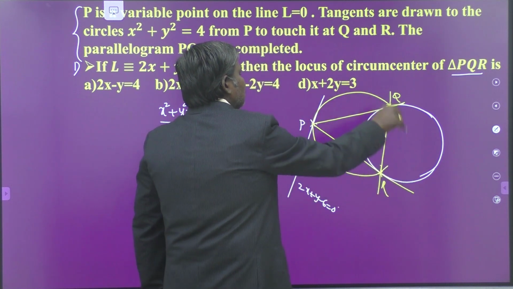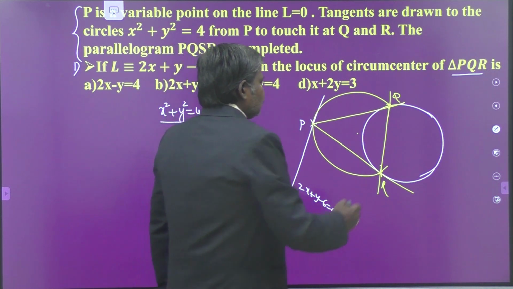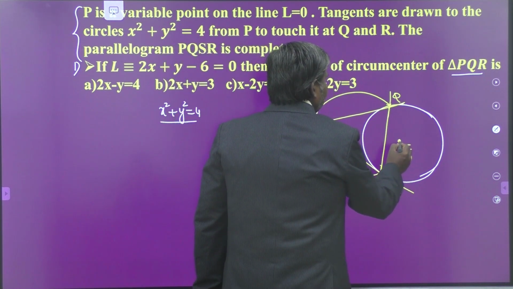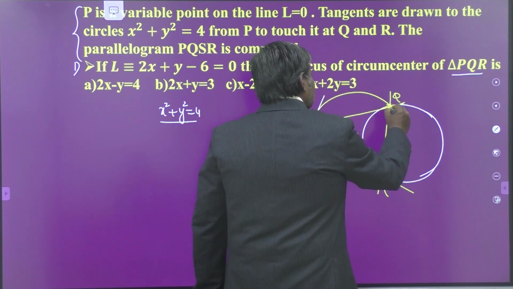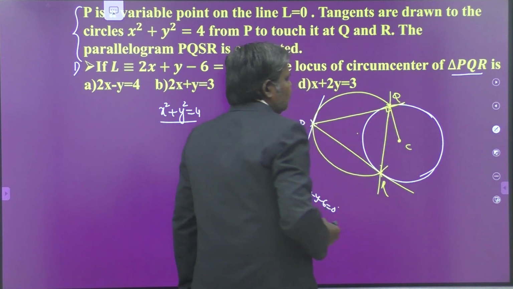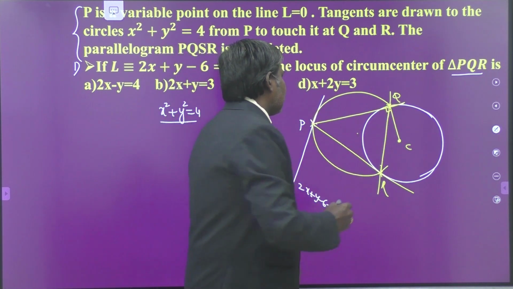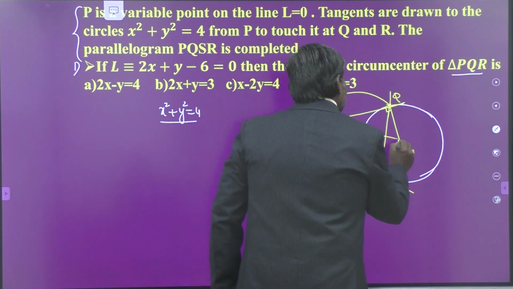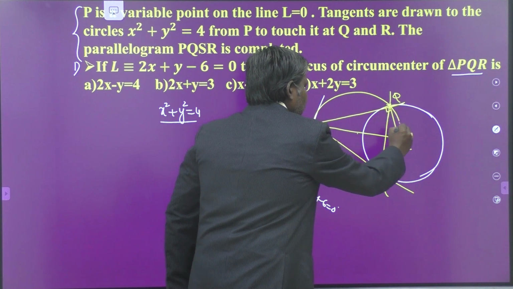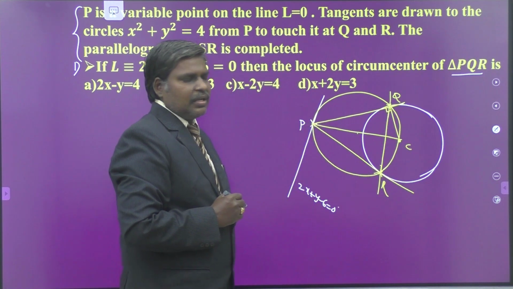My dears, the circumcircle is always passing through the center of the circle, because if this is the center of the circle, now join the point of contact to the center. This is always 90 degrees. Am I correct or not? Because the angle in a semicircle is 90 degrees. This becomes the diameter of what? The circumcircle. So your circumcircle must be passing through the center of the circle.